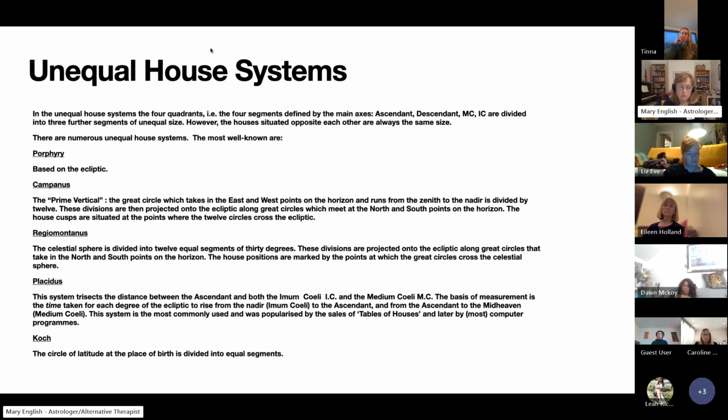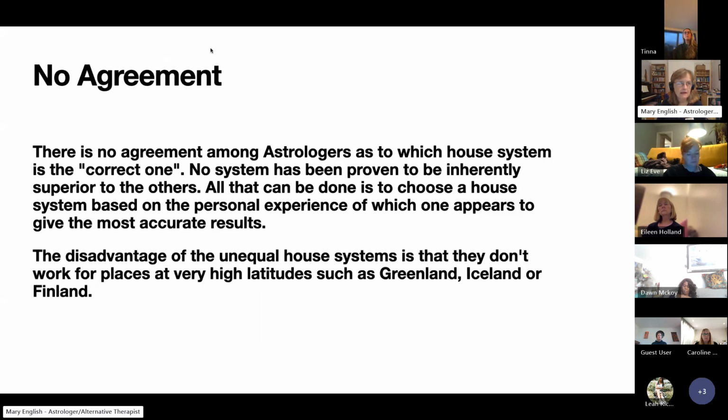And the most popular one in the West is the Placidus system. That's what most people use because most computer programs use that. And if you read my book, Enjoying Equal House, you'll find out why that became popular, but I won't go into that now. But a lot of computer systems, websites, etc., use the Placidus system. However, you can't use that if you live up higher in places like Iceland and Greenland. That system doesn't work.